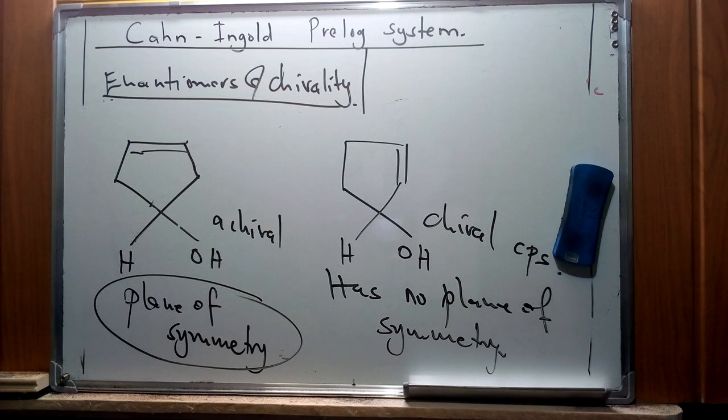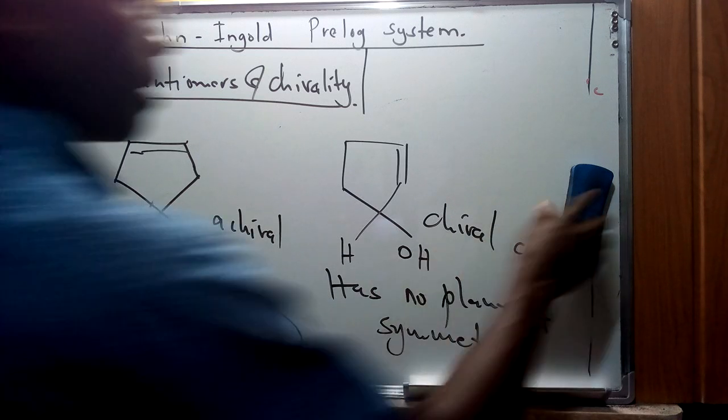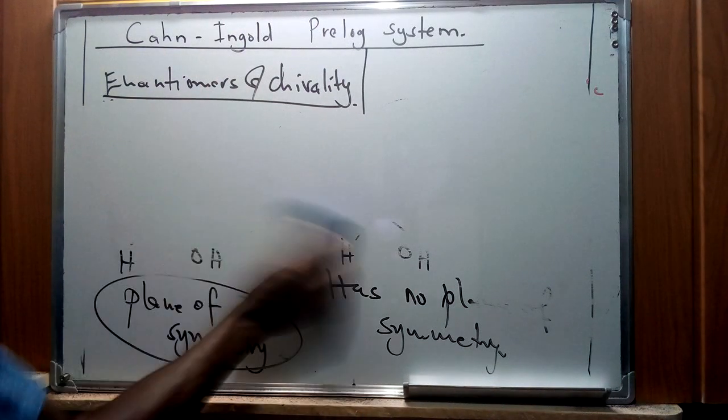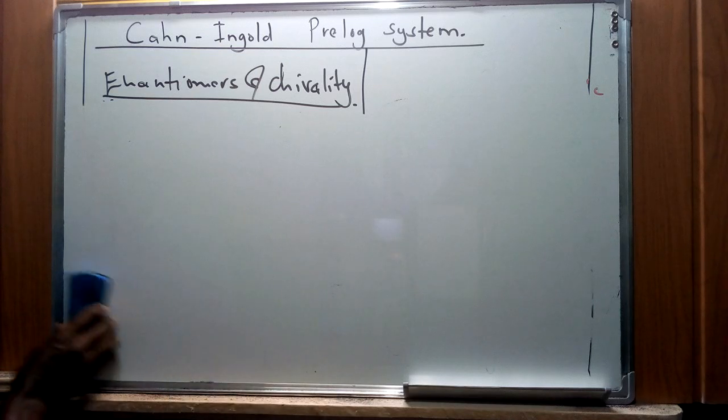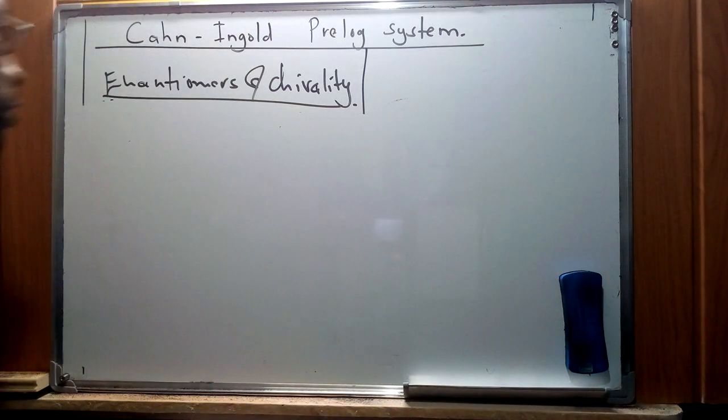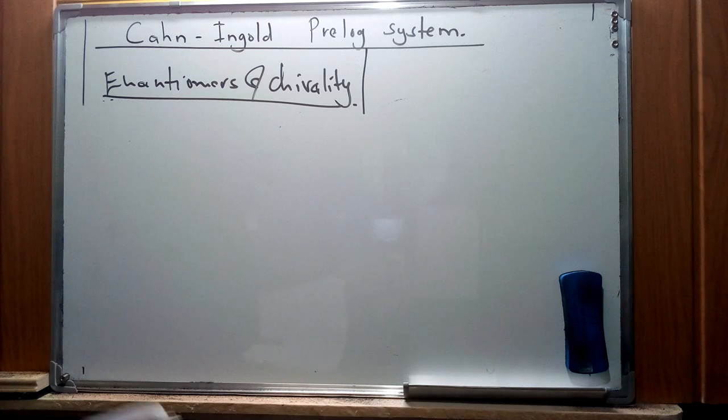So from that one, we are going to look at some of the ways in which we are going to represent this, the Cahn-Ingold-Prelog system, and some of the rules that we are going to assign to this. Now that we have talked about different levels of substitution for a molecule like methane, CH4, whereby the H groups have been substituted by different substituents, or maybe one H is remaining, that is going to form an enantiomer. Now there are specific rules that are used for this absolute configuration or naming of chiral